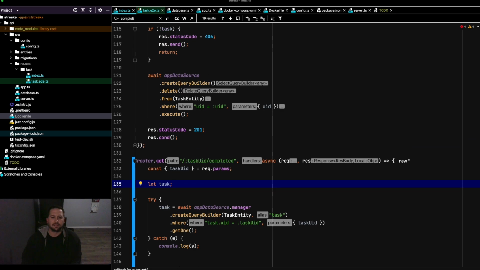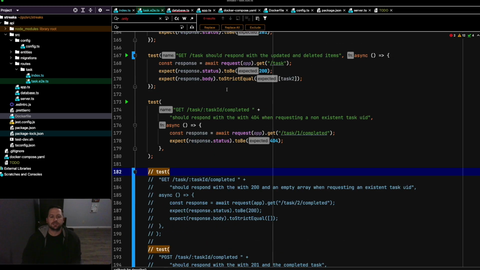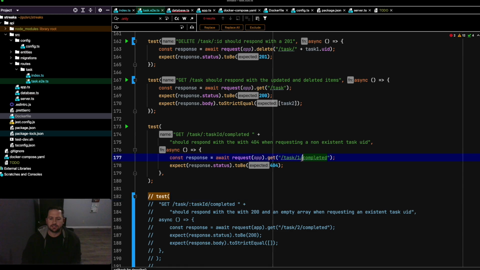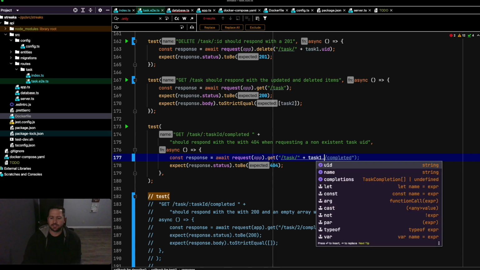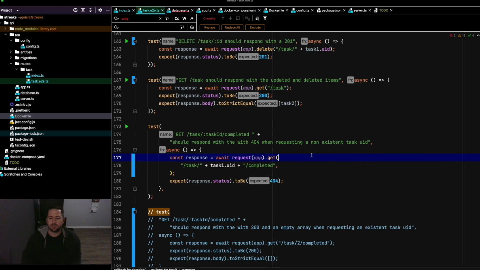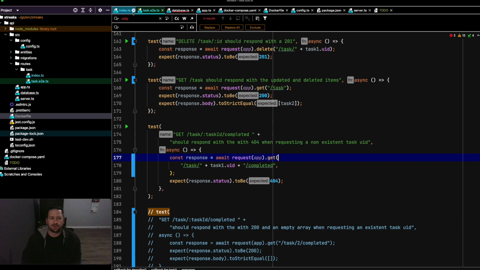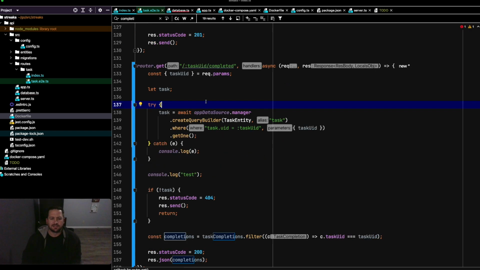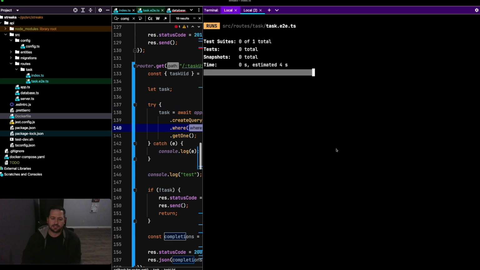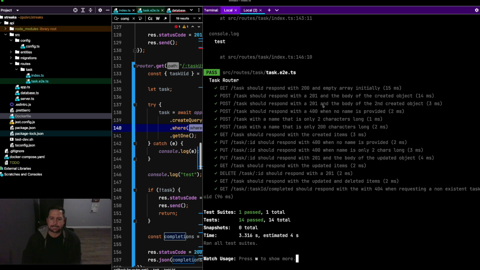So let's try to get our tasks using a real one. This is a non-existent task UID. We know our task 1 UID was deleted, and let's see if we're still getting the same error or not. So our error is passing, and that's when our UID shape is something that we just don't expect. So if we just did something like a task UID of 1, 2, 3 every time,